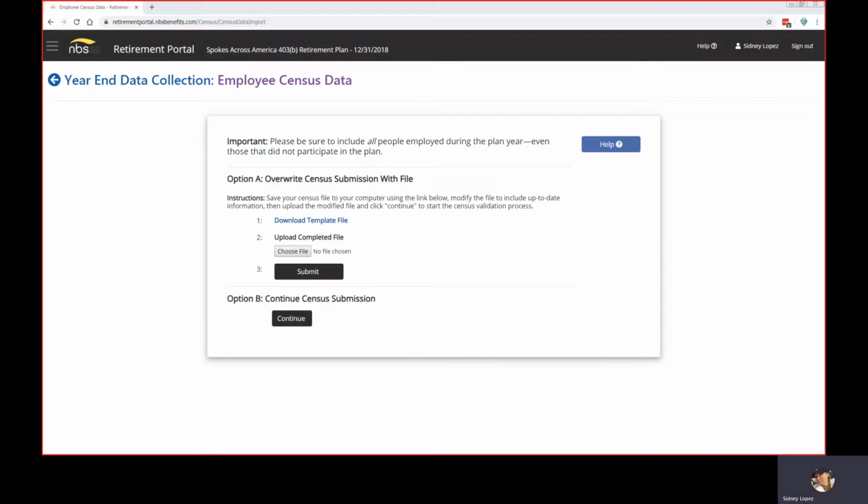So when you download the template file, we recommend that you save it to your desktop because it's an easy place to locate the file when you're ready to complete it and upload it. Once you've completed all of the information and verified that everything from your payroll is in this file, you're going to choose to upload the file into the system. When you do that, you'll click Choose File. You'll choose the file from your desktop folder,